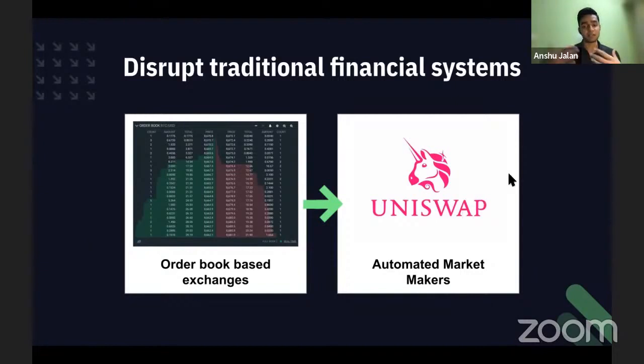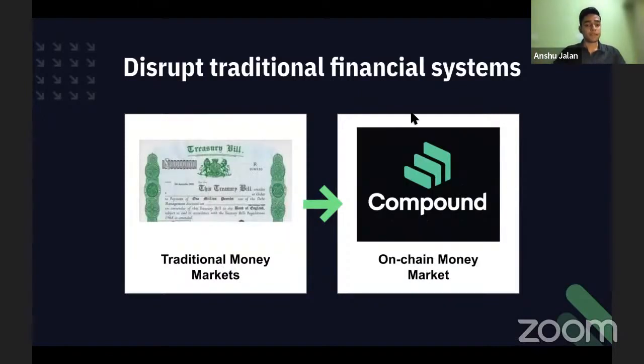But in the case of Uniswap, it's automated market making. So basically they just put assets into the system and you just forget it. People can come swap one asset for another and everything is good to go. This is also called lazy market making. These terms are a bit difficult to understand if you're not completely from a finance background. But once again, like I said, the moment you get some of your foundation right, all of this which I spoke about today, you're going to understand it in one go. It's so fundamental. And in a similar way, there are these traditional money markets that are present in the Web2 space,